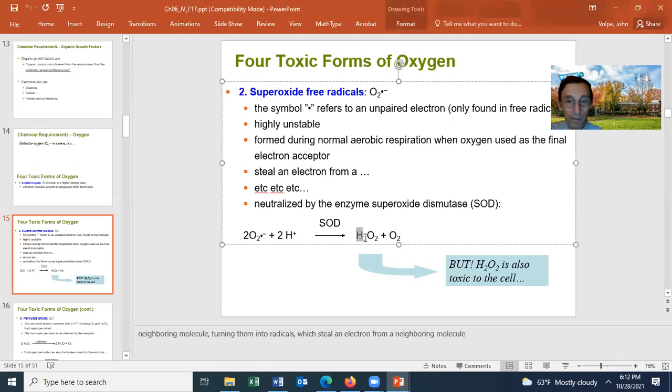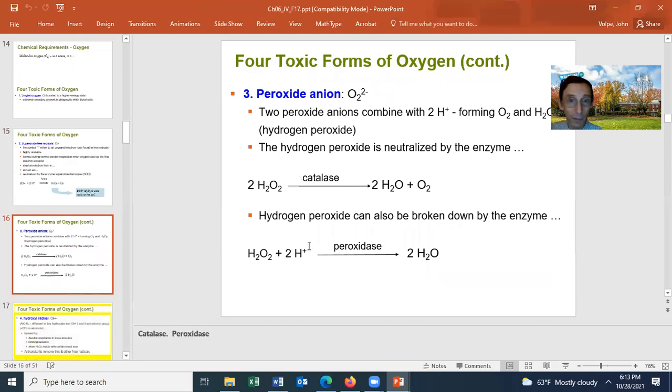All right, well, what about this hydrogen peroxide? Isn't that toxic to cells? Isn't that going to create a problem for the cell? Yes, it does, but the cell has a way to then handle the hydrogen peroxide. And that is the third toxic form of the four toxic forms of oxygen, and that is peroxide anions. The cell can neutralize peroxide anions, or hydrogen peroxide being one example,